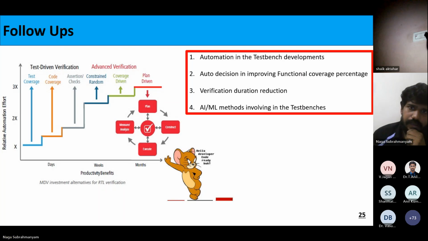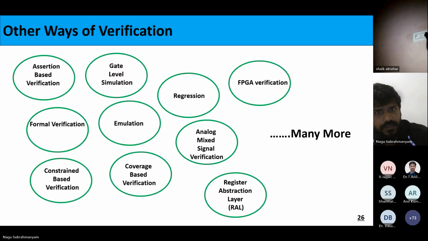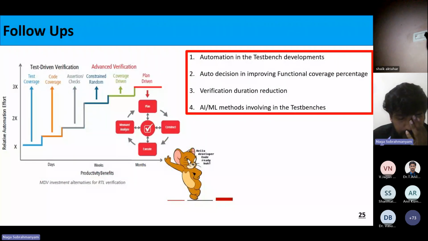So at the end, I'll tell you the next thing. See here, there are various things: whatever items you wrote in the verification plan, are all verified or not? That is one point. Another point is, whenever you are randomizing the data and putting it into the design, is the complete code being covered or not?